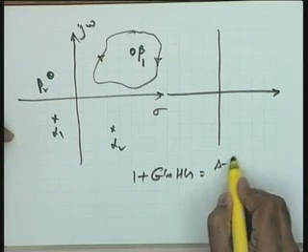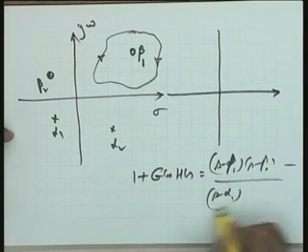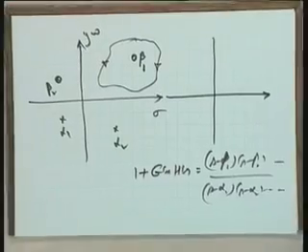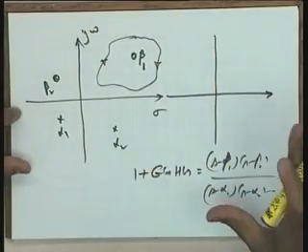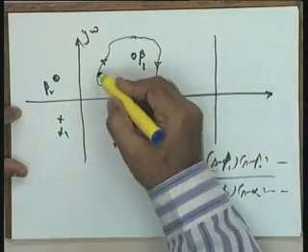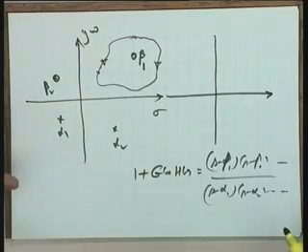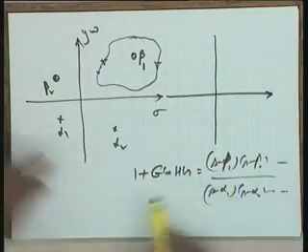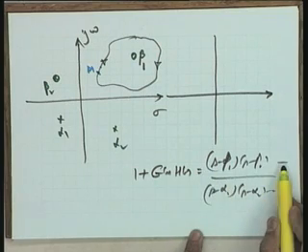This you know is S minus beta 1, S minus beta 2 and so on, over S minus alpha 1, S minus alpha 2 and so on. This is your function 1 plus GS HS, and I want you now to comment on what will be the qualitative nature of the contour in the W plane when the S plane changes from point to point all along this particular contour. Okay. Let us get started. Let us first take beta 1 itself. You see, after all, when you take S, you take S is equal to S1. What will you do? You will substitute S is equal to S1 in this.